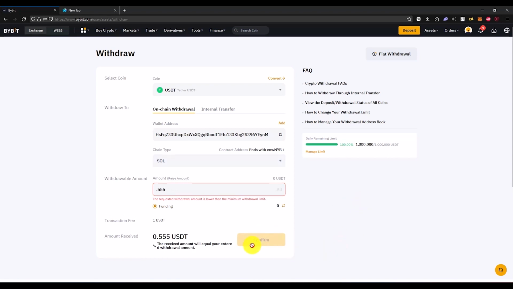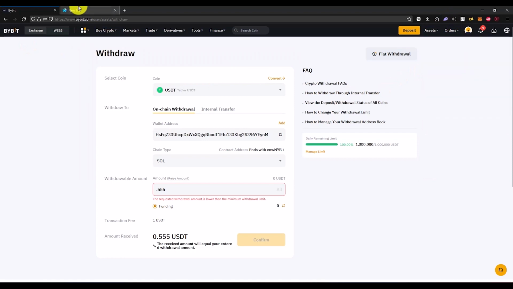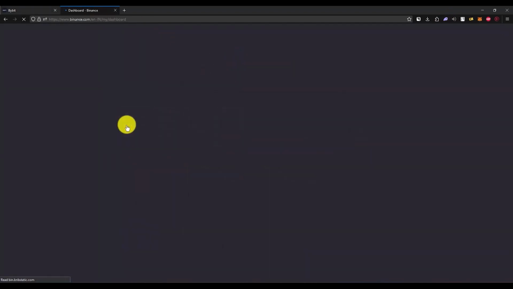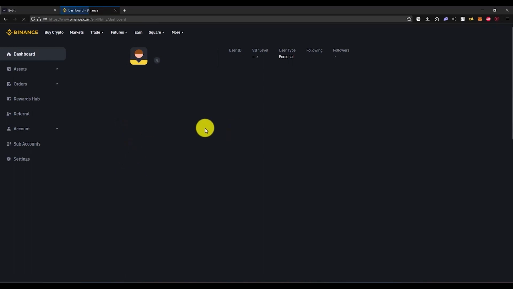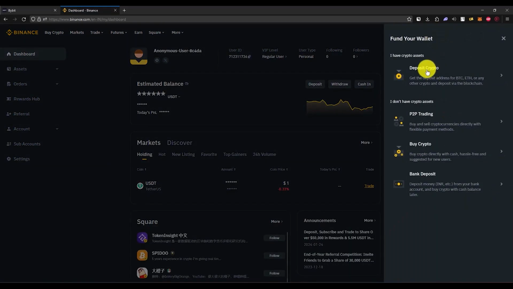Now all you have to do is just simply click on confirm, and then within a few minutes or a second, your crypto will be withdrawn from Bybit to Phantom Wallet. Now let's say you wanted to do this with an exchange, so for example Binance, which is an exchange. So in this case what you have to do is again go to deposit, click on deposit crypto,